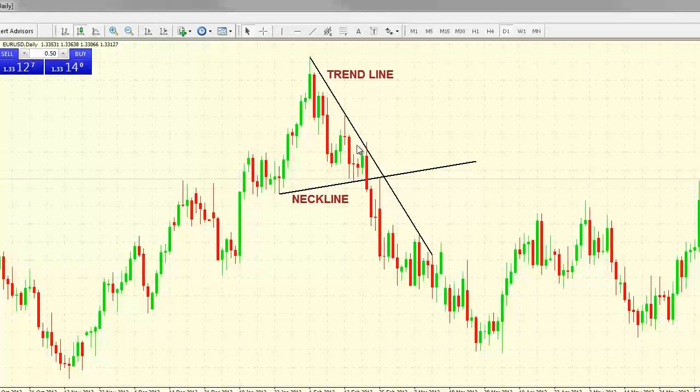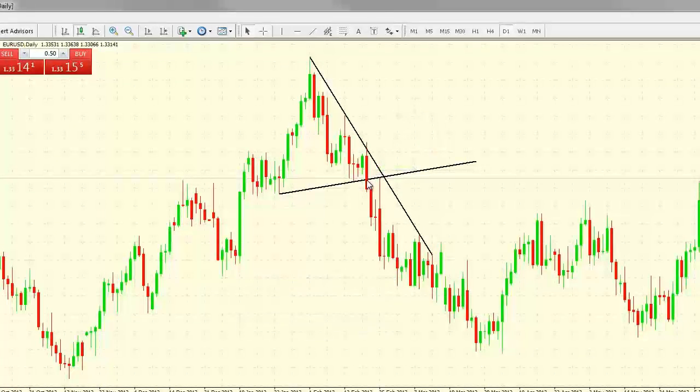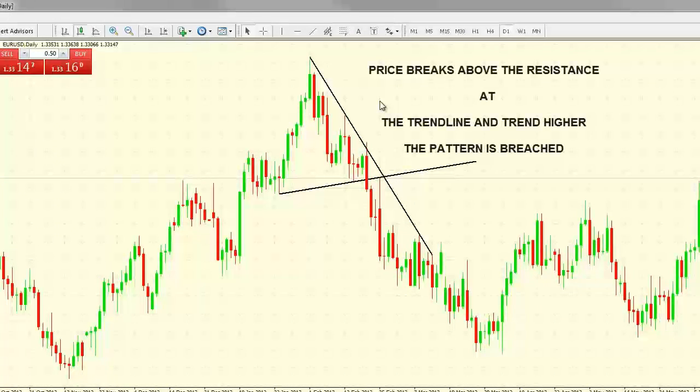Once the price slides to lower levels after the formation of the right shoulder, if it breaks below the neckline, at this point, it is considered to be a confirmation of the trend reversal from buying towards selling. So a trader would consider selling the euro dollar at this point. Alternatively, if instead of breaking below the neckline, the price bounced back by taking support at the neckline and trended higher towards the trend line, breaking above it, then in this case, the head and shoulder top pattern would